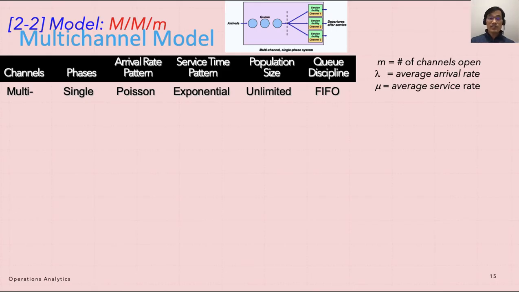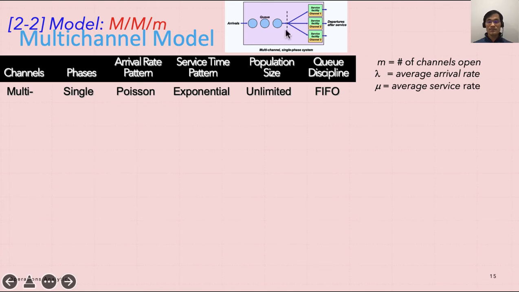The next logical step is to look at a multi-channel queuing system in which two or more servers or channels are available to handle arriving customers. Let us still assume that customers awaiting service form one single line and then proceed to the first available server. An example of such a multi-channel single-phase waiting line is found in many banks today. A single line is formed and the customer at the head of the line proceeds to the first free teller,